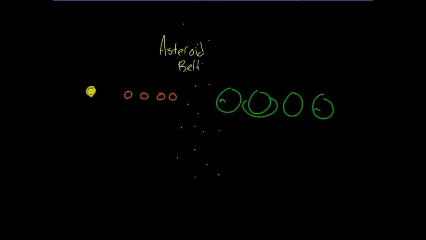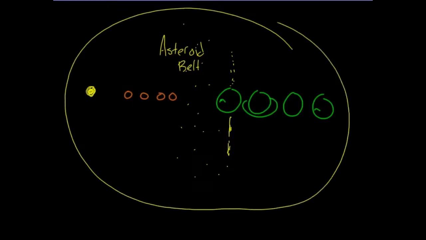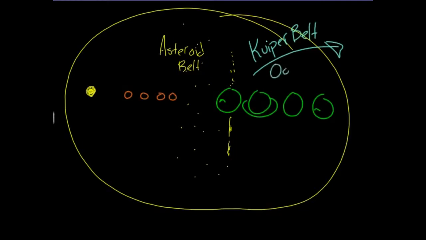Some asteroids are going to be kind of following Jupiter a little bit, possibly being pushed by Jupiter's gravity in the front. Those are our shepherding asteroids. There's lots and lots of dust and stuff within the entire solar system, and there's even lots of bodies just right outside of the solar system, past the orbit of Neptune, in the Kuiper belt and Oort cloud. So there's a lot more going on than just the sun and planets.